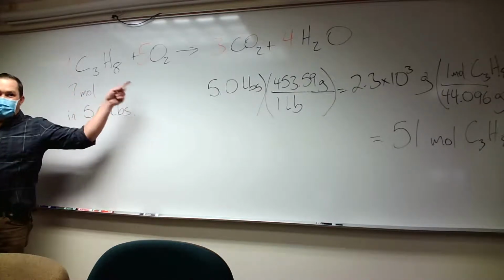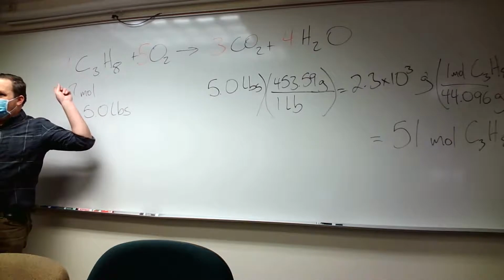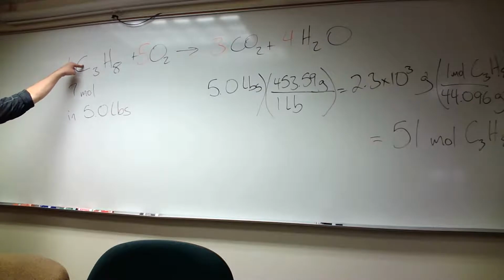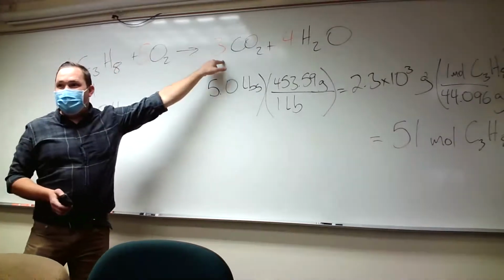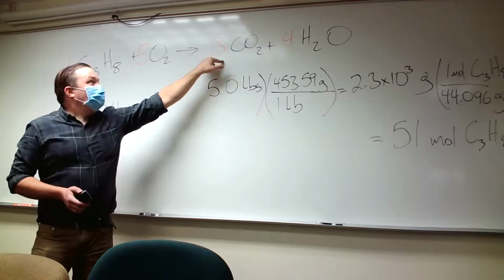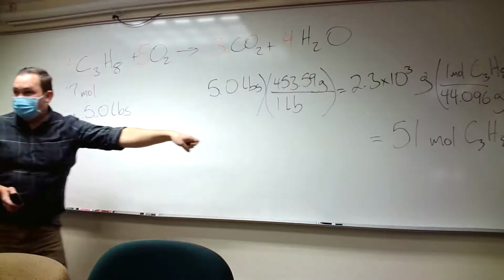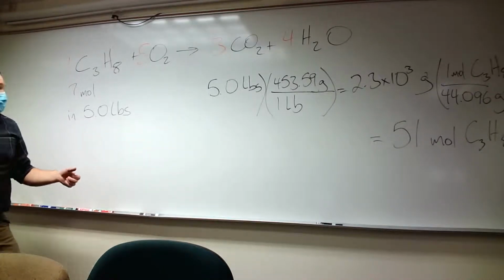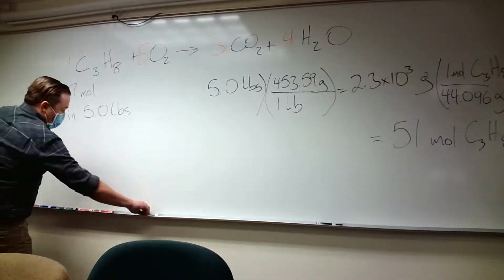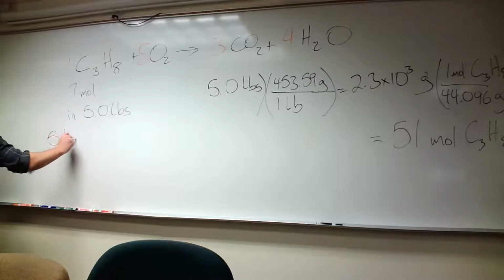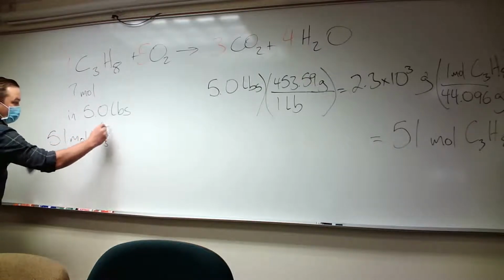This is where balancing the reaction comes in. You have 3 moles of CO2, because for every time we burn 1 mole of propane, it makes 3 moles of CO2, right? So if we're going to burn 51 moles of propane, we would want to multiply by 3. The way that we show our work for that, just because it's not always going to be as convenient in numbers like this, is we can say 51 moles of C3H8,